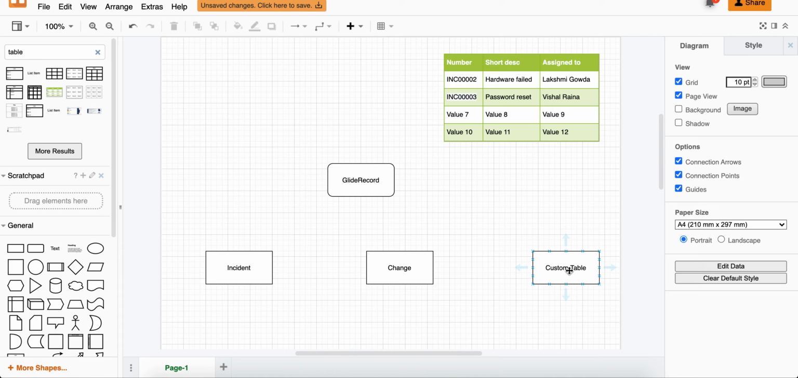Underlying data will always be stored in native tables, and these are some incident table and change request table. These are out of the box tables, and you can create your own table. That's why I've added a custom table just to give an example as well. So we could, and this is one example of how data is stored in a table